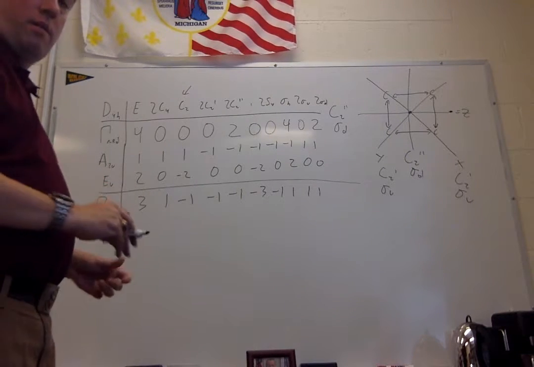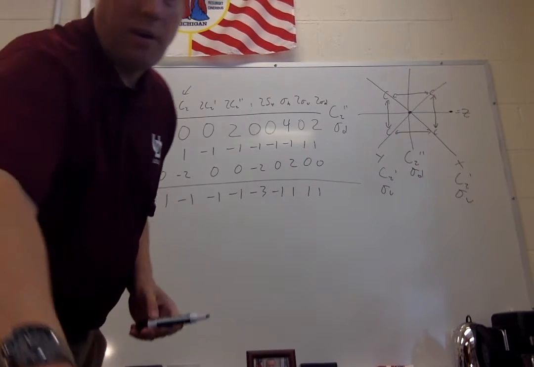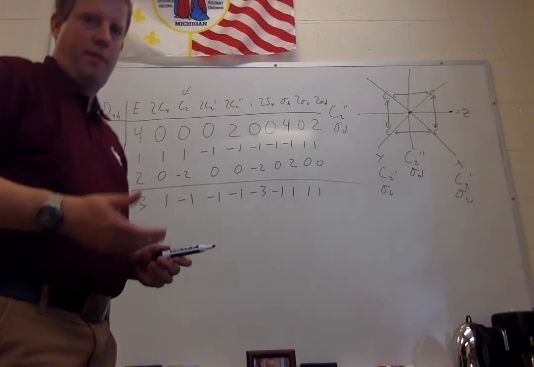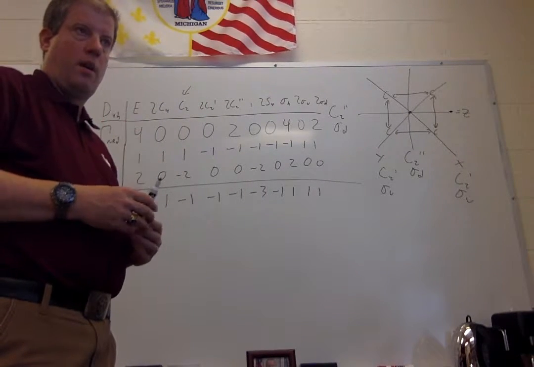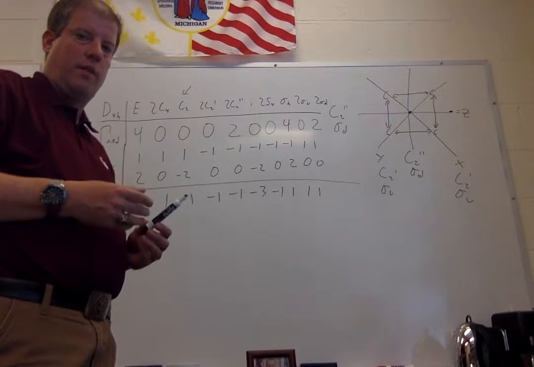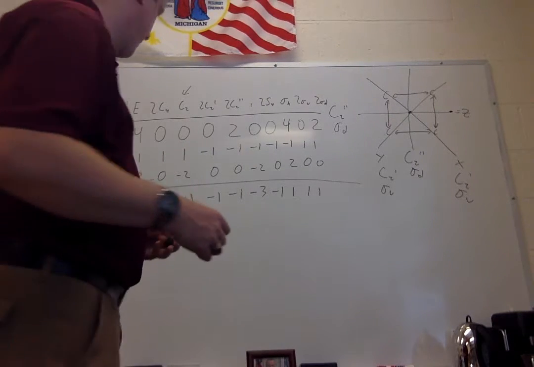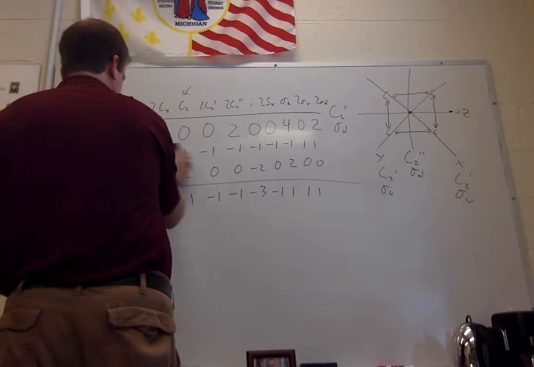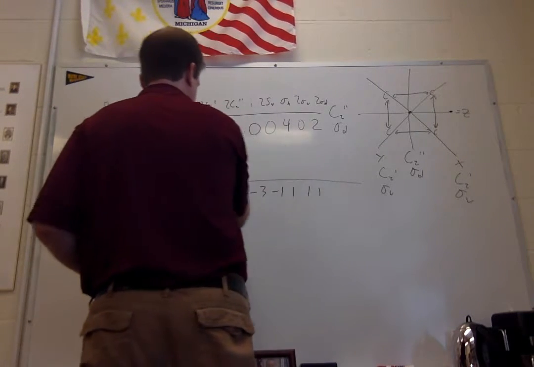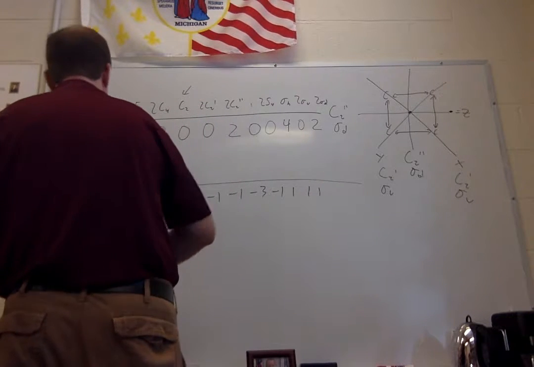I found the irreducible representations in the character table that have an x, a y, or a z in set 1. I added the two representations together. That generates gamma x, y, z. And so, once we do that,